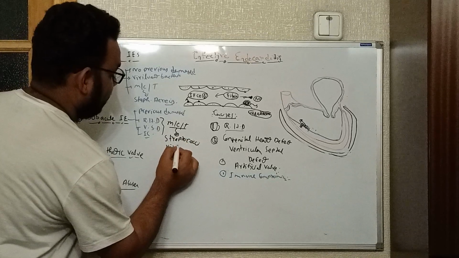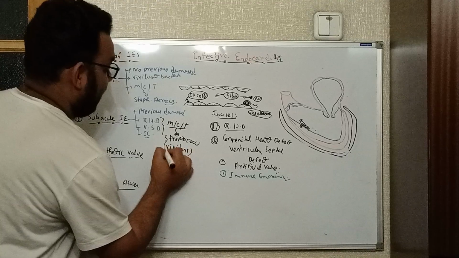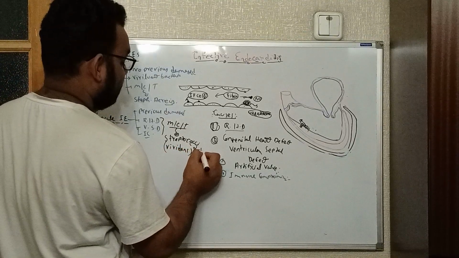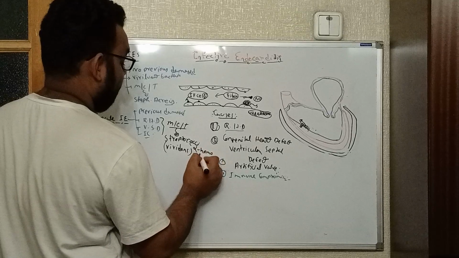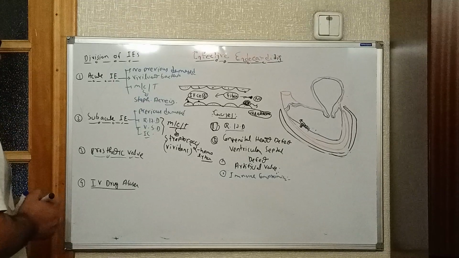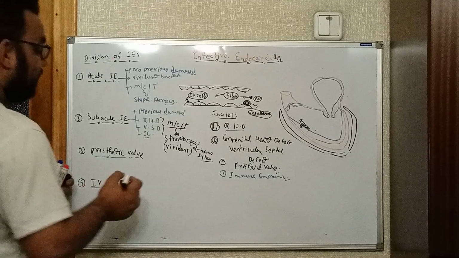Streptococcus viridans, or viridans as you can say. You have to remember that this is in the alpha hemolyticus group. It's the alpha hemolyticus. Okay, alpha hemolyticus. Now, in terms of the prosthetic valve, prosthetic valve means, for example,